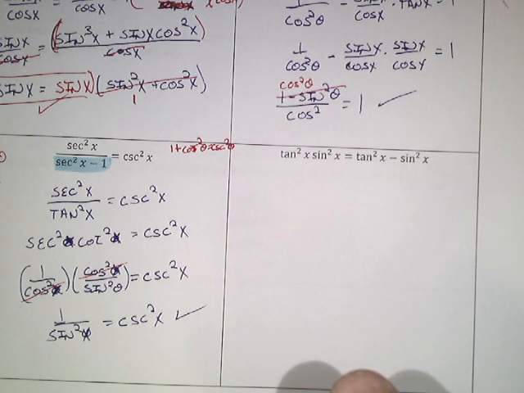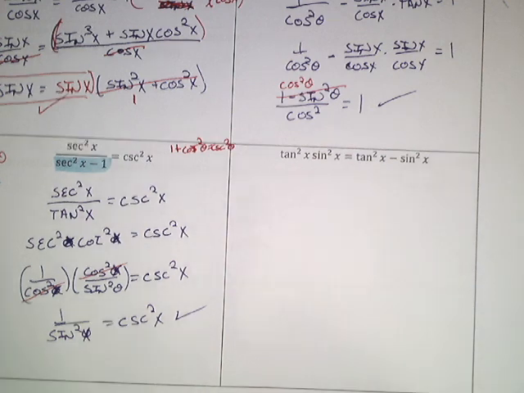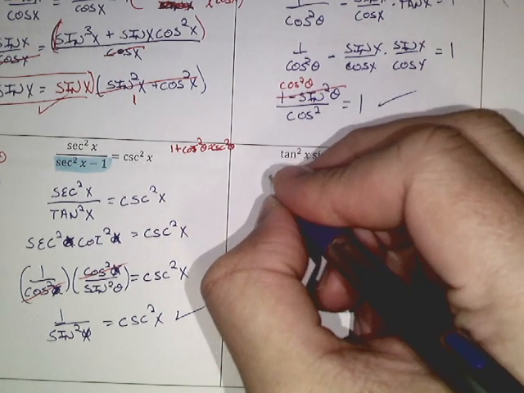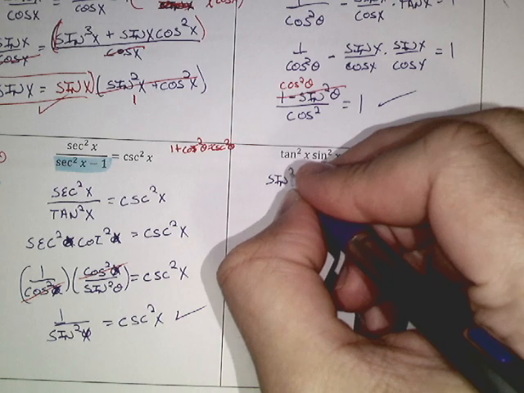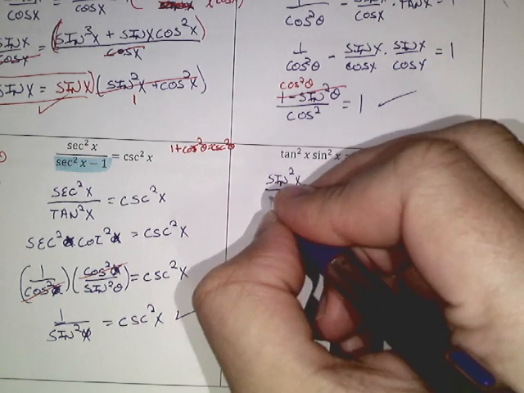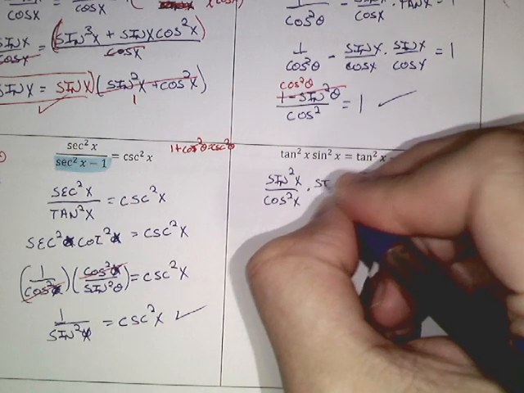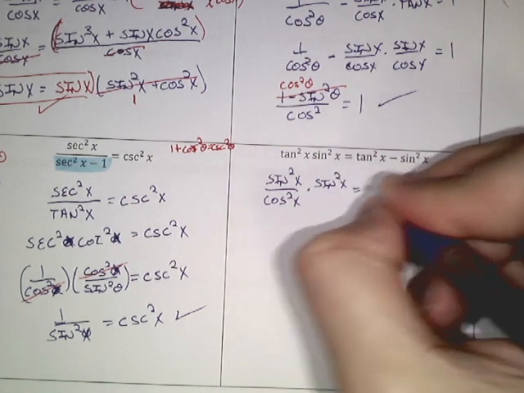I guess I can try difference of squares, but I don't know where that's going to get me. I guess I'll just try something here. Let's change tangent to sine over cosine, times sine squared x is equal to